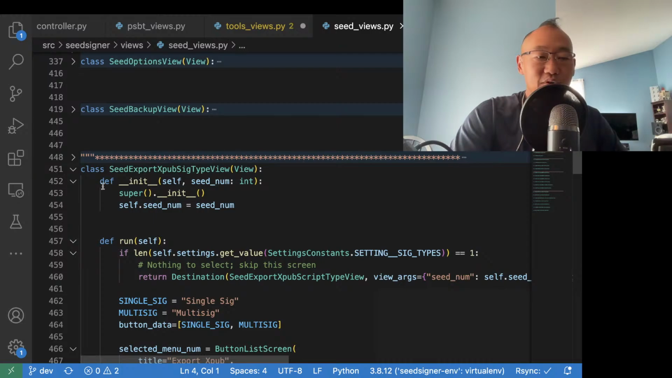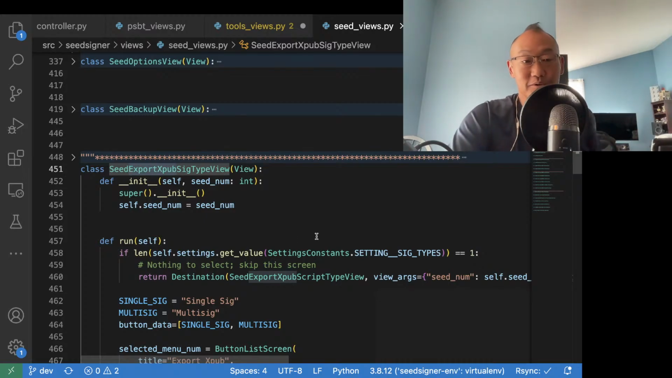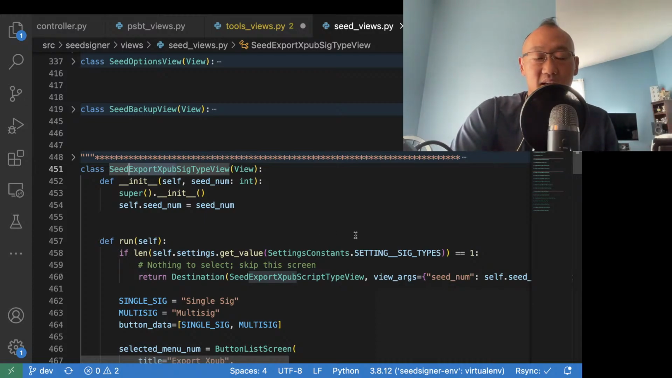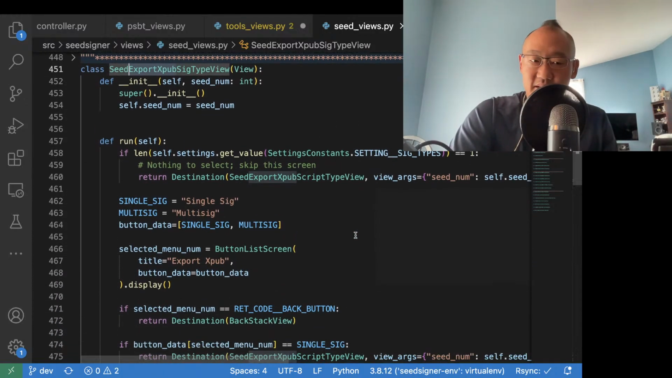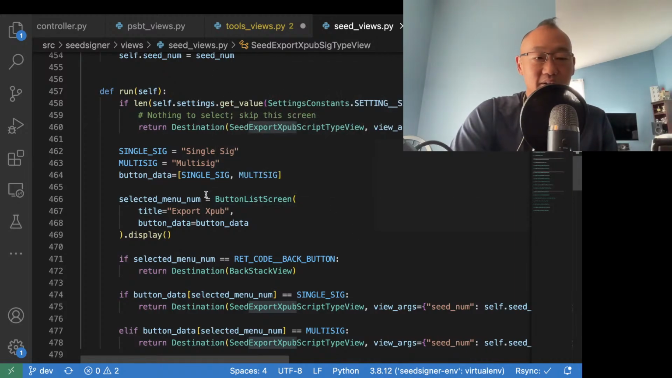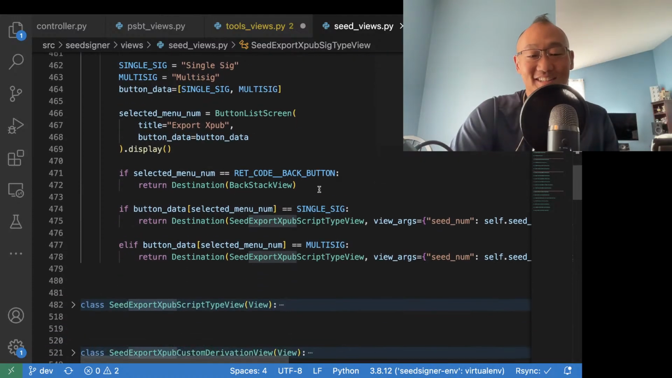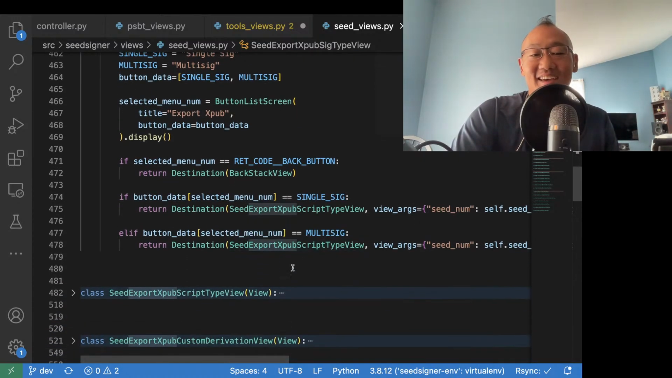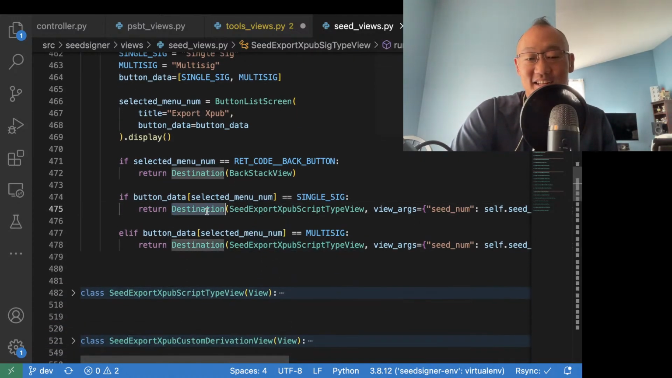So like at line 451, we've got the beginning of the seed export xpub flow, which is selecting your sig type, single sig or multi-sig. And, again, it's very simple. All it's asking is pick one of the two. That's it. That's all it does. It's really dumb. And then it forwards you to your next destination, which is the script type view,